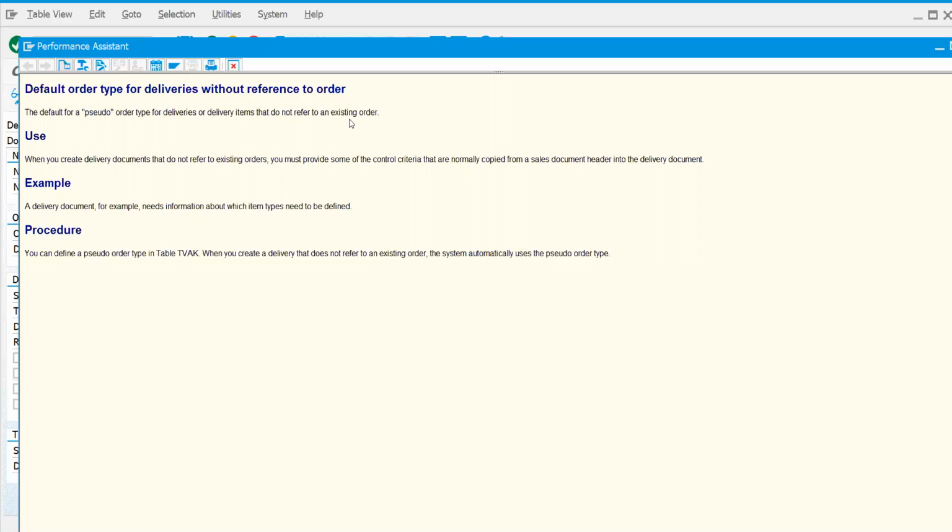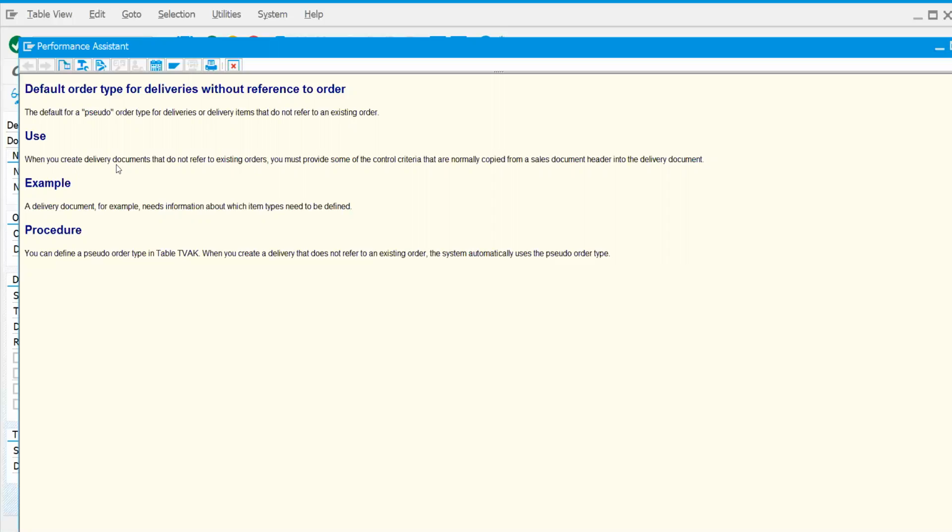But certain cases you came across, right? You don't require a sales order, but with reference to a purchase order, a delivery might be created directly in between, if the stock is moving between two plants, in replenishment deliveries and all such cases. The system has to take the reference of your pseudo sales order. That is internally understood technically.